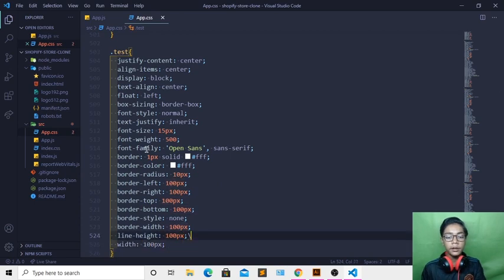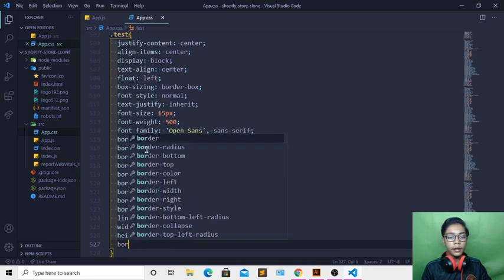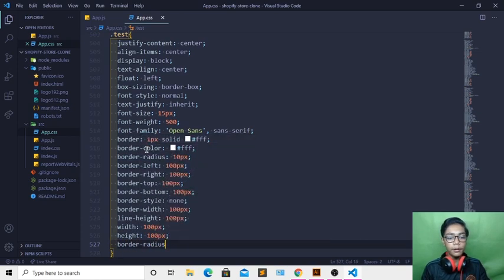Then I will be just erasing here, then come underneath, create height 100 pixel. Then I will be writing border radius, which we have already written now. So now here I will be erasing this tag from here, and I will be just coming underneath. When you define all things, just after that, we have defined not one thing. Okay, so we have defined all the things here, we have not defined color, so I will be writing that